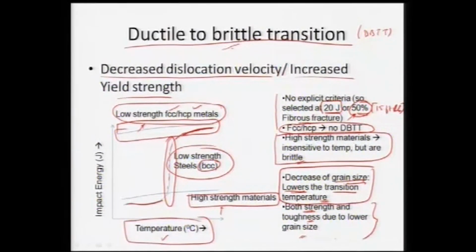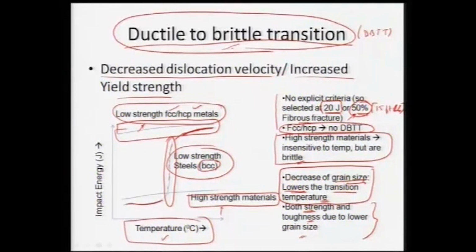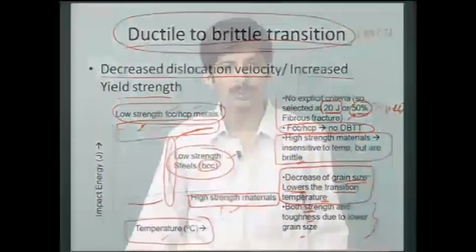So, this is one more functionality of the nanocrystalline materials, that they can show enhanced toughening in such conditions as well. So, we can see this phenomenon of ductile to brittle transition temperature, how it differs from material to material, like in this case of low strength FCC HCP materials, it has very high impact energy. High strength materials again show non-dependence on the temperature of impact energy, whereas BCC materials undergo a transition, and to lower this transition is very much required, and that can be achieved via controlling the grain size. So, we can reduce the grain size and then we can achieve enhanced toughening.